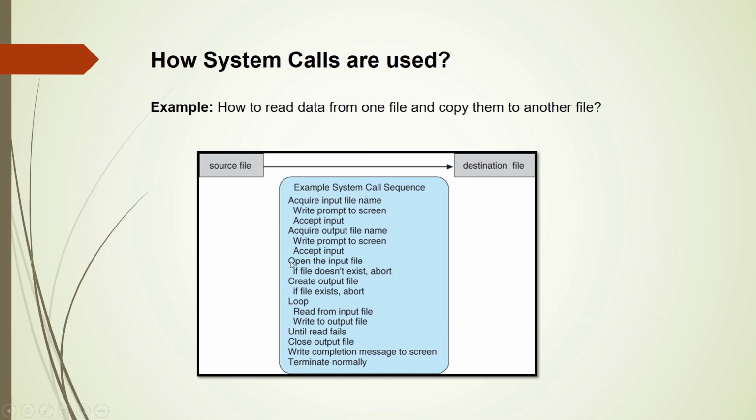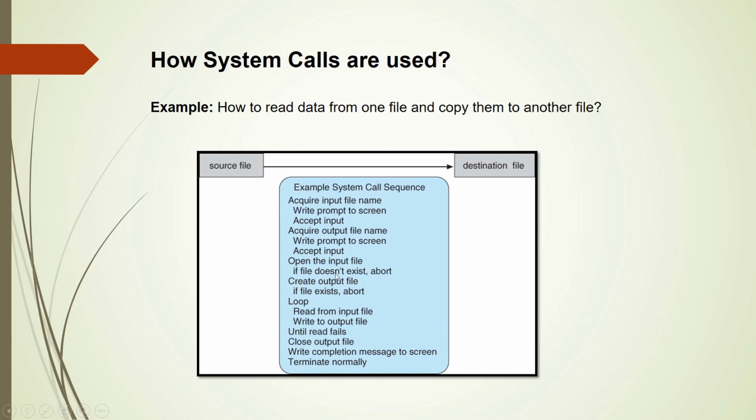Now, open the input file. If the file does not exist, abort. It may happen that the name of the file entered by the user does not exist. If the file does not exist, the system will again call a system call and it will abort abnormally. Similarly, create output file. If the file exists, abort.